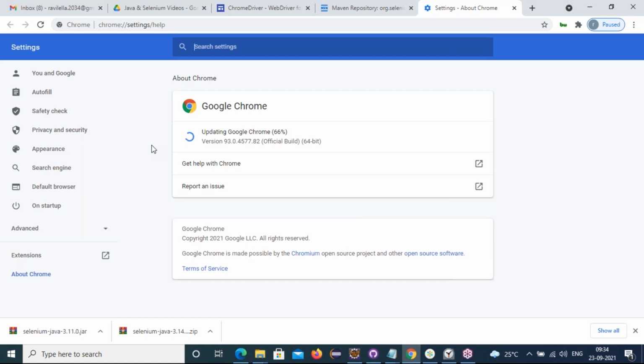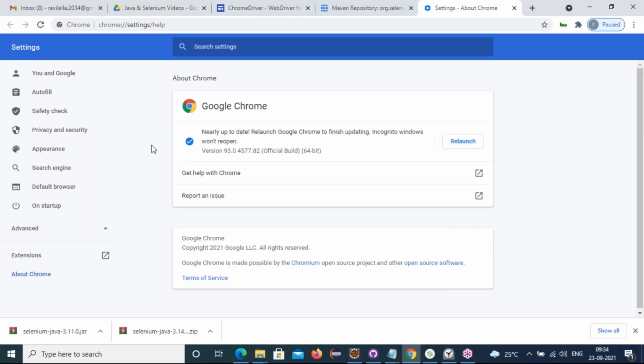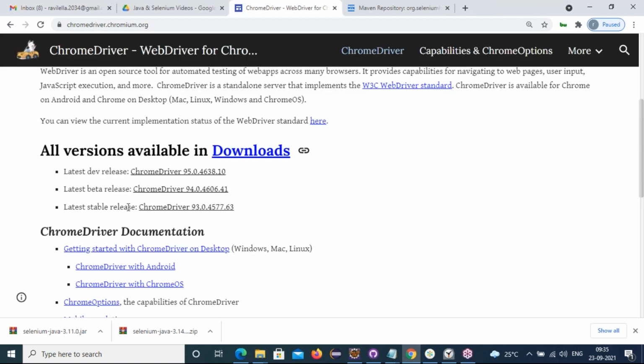Let's wait some time. Something is updating in my browser. Might be it causes an update of the version of the browser, I think. Let's wait for some time. Yeah, fine. 93 only. It was 93 only. Okay, 93 is there. So 93 supported drivers is the one I need to take. Understanding? All versions are available for download. 93 Chrome browser supported drivers, this one. If suppose in your computer 94 is there, then click on that. Okay, now like this. Mine is 93.